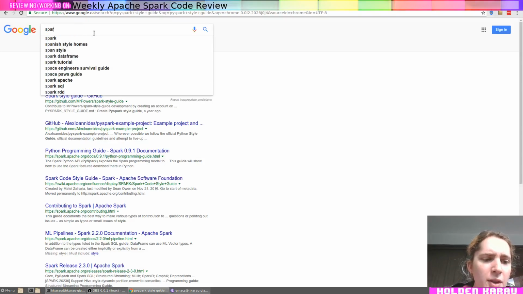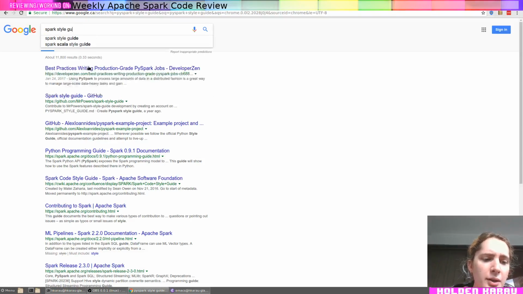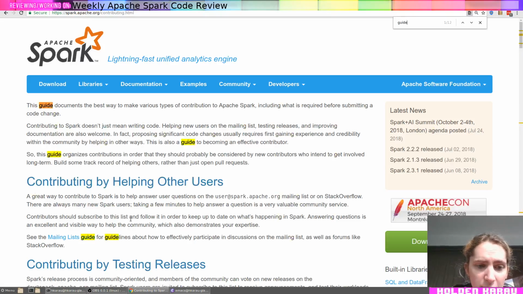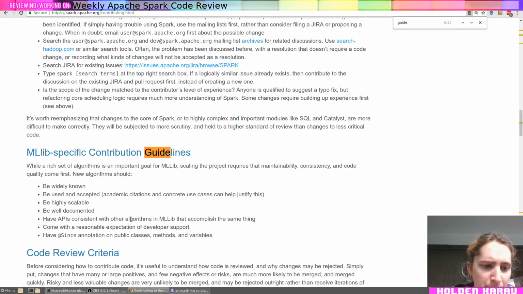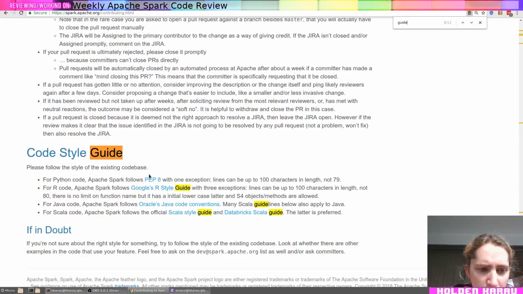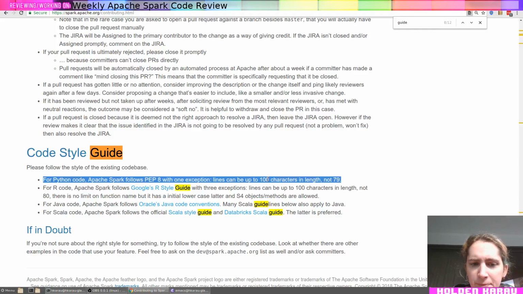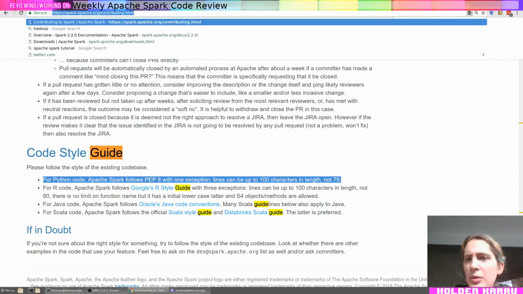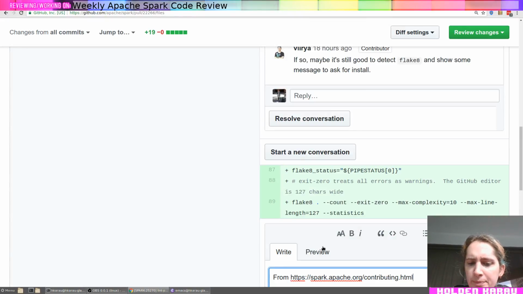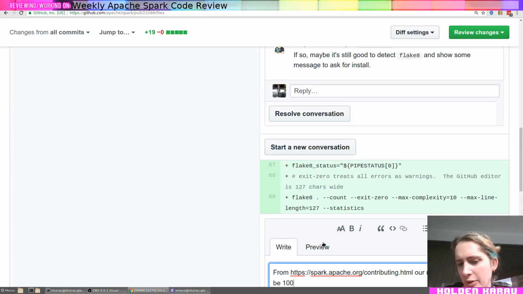Okay, Spark style guide. Here we go. It should be 100.